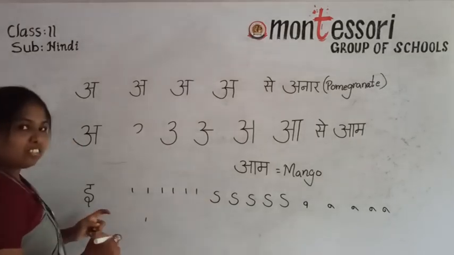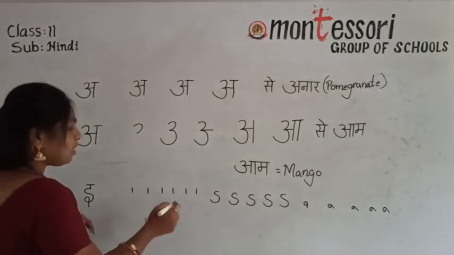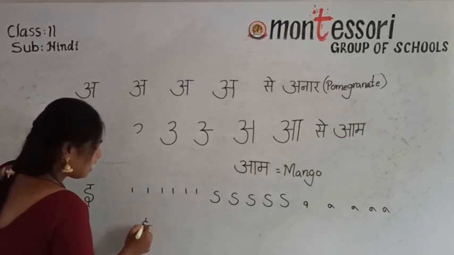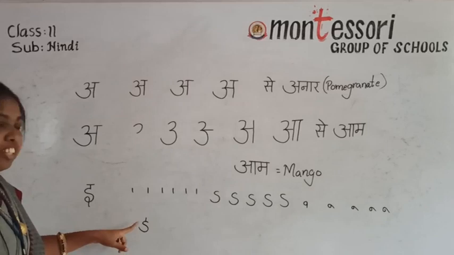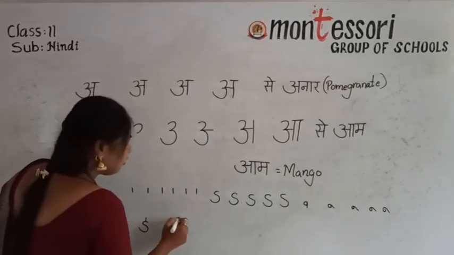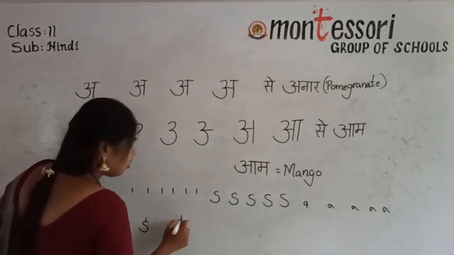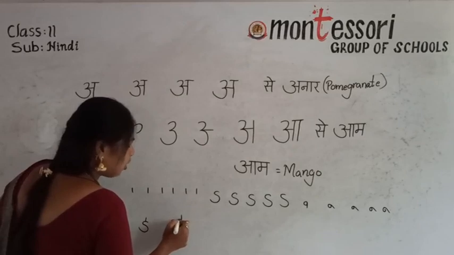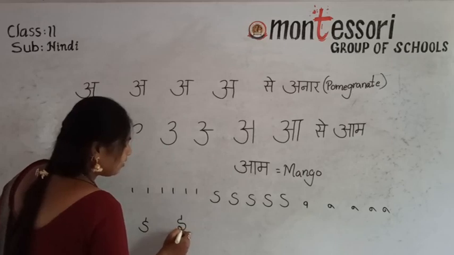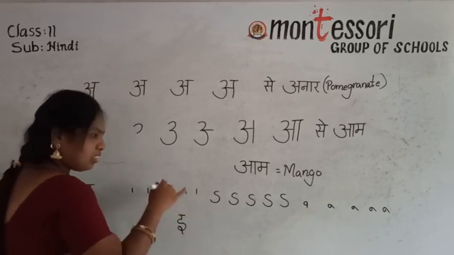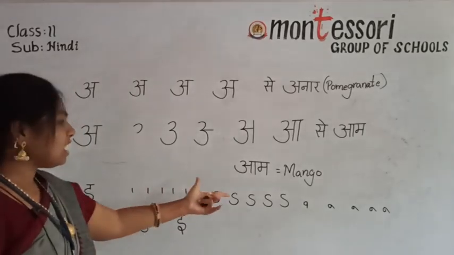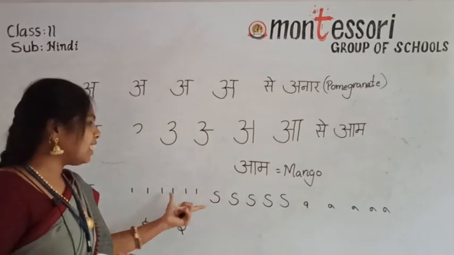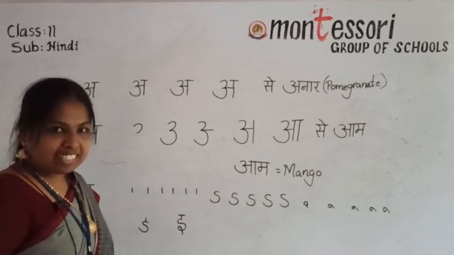Okay, first write one small standing line, but don't write this type, children. See, if you are writing yes this way, it will become ka. What you have to do? You won't lift the pen while writing this line. After a small line, you have to join the S from here and give the circle there and leave it downwards. Okay, children, it will become E. This is one step to learn this difficult letter.